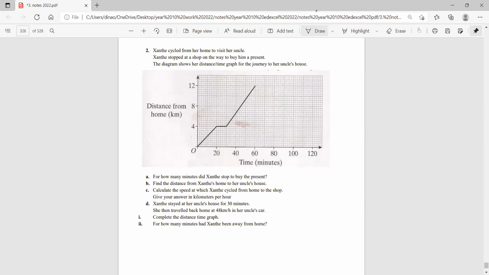Okay. Here we'll see a story; this is a distance time graph. So the line drawn is speed. Here it says Xanthi cycled from home